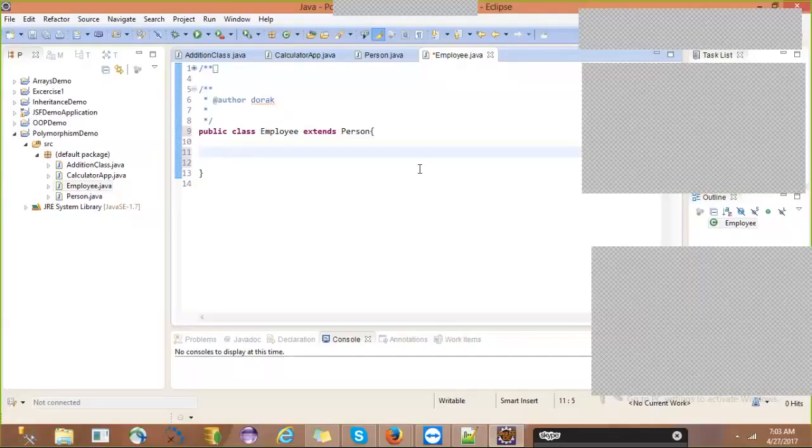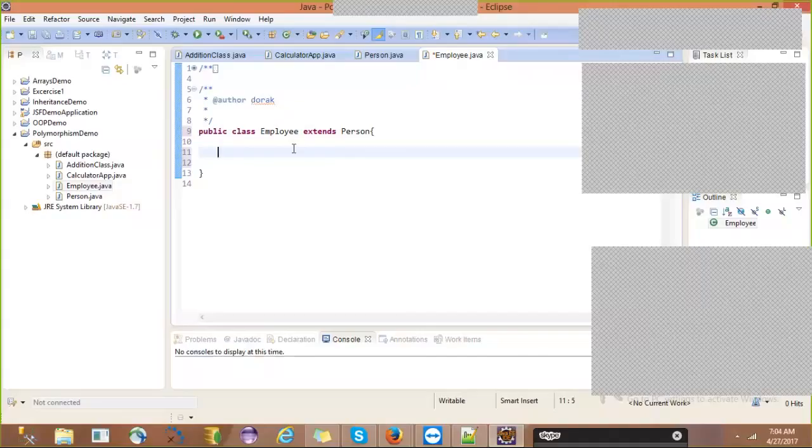Right now, without writing a single line of code in our employee class, we have access to all parent members like name, age, and gender, set details and get details. Along with that, we need some extended properties for the employee.